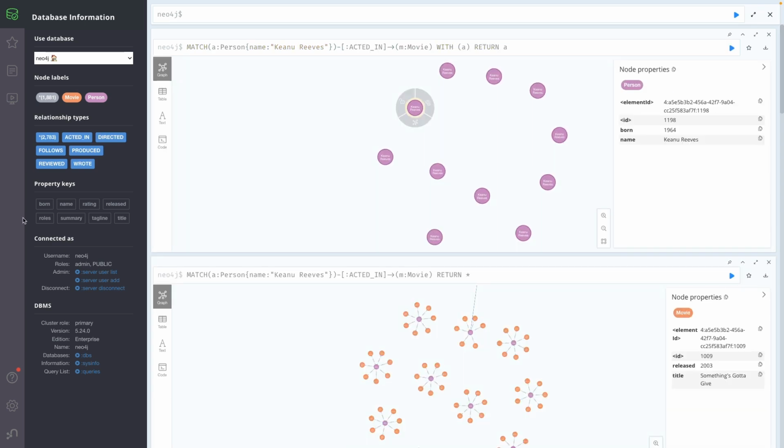So let's analyze that graph further, and I would like to see the list of all those characters who have worked in the movies in which Keanu Reeves has worked. So, for example, if I would like to see who has directed the movie, what are the other characters who have worked in those movies on which Keanu Reeves has worked on. So, in order to fetch information through Cypher query, I need to introduce one another match statement. So, I'm going to copy this one and paste it here,